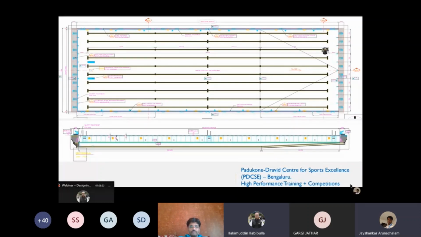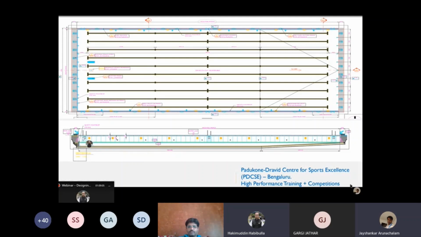Moving to the project that some of you may be familiar with, and has now been operational for over 2 years at Bangalore. It's the Padukone Dravid Center for Sports Excellence. It's a pool that was built. Now, the purpose of this particular pool, the client wanted a pool for high performance training. So this meant that they had to have the competitive starting blocks at 2 ends, and allow for multiple other aquatic engagements. So the depth profile is 1.35 meters at this end and goes up to 2 meters